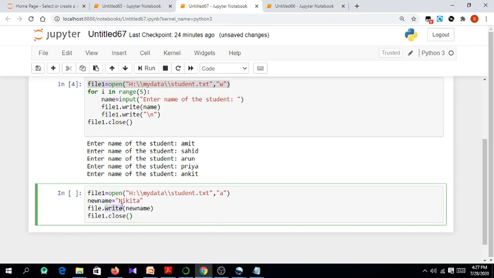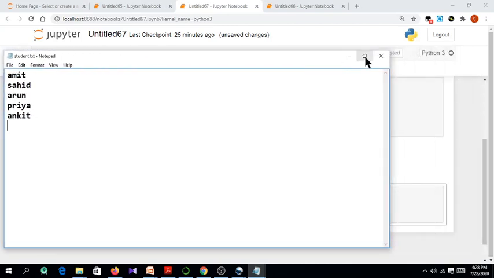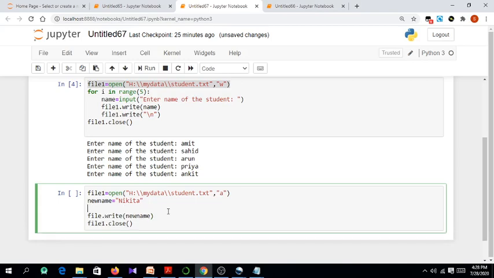But the thing is, because we have opened the file in a mode or append mode, while writing this new name Nikita, all previous names will be preserved. Along with all these 5 names, a new name will be added. Getting it? So we are not going to overwrite anything. Okay, now before writing that, to write it into a new line, let me do the same thing, file1.write.